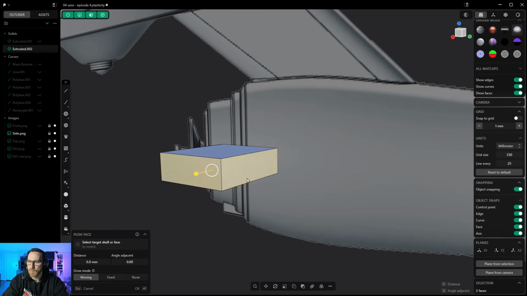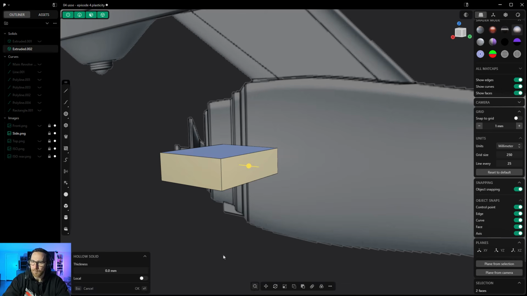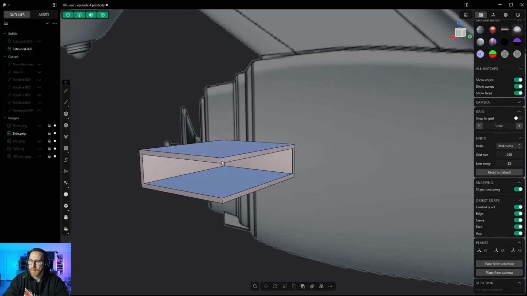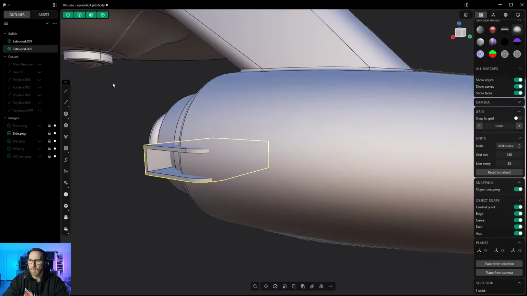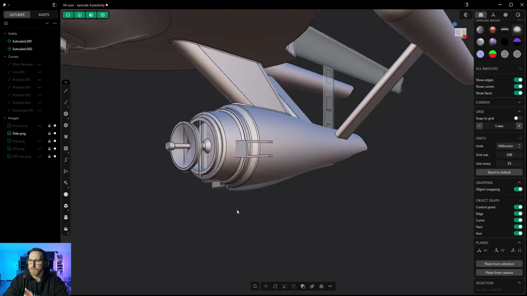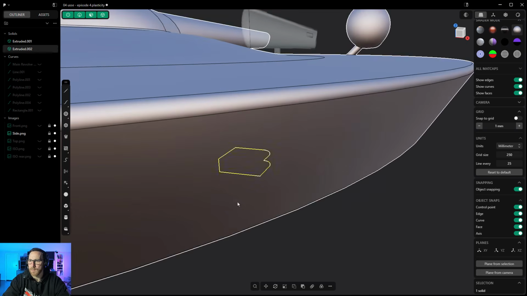And so what we're going to do is select those faces, and then type the command hollow. And then we're going to drag this, and this is going to create that thin wall section. And after we drag it, I'm going to select these two edges, and I'm just going to round them off. And then if we bring back that main body, you can kind of see they just fade away into it. And so before I join that together, I'm going to select it,